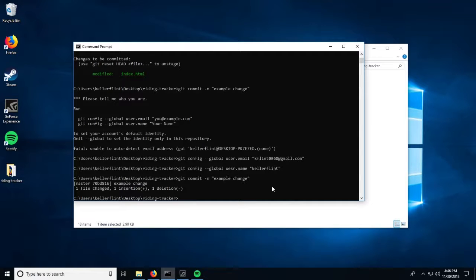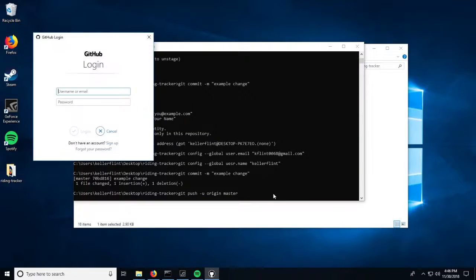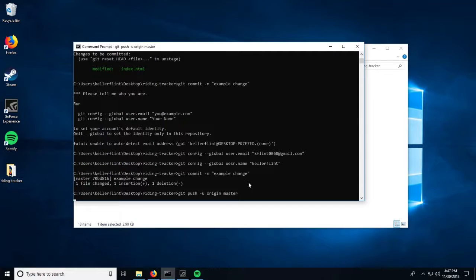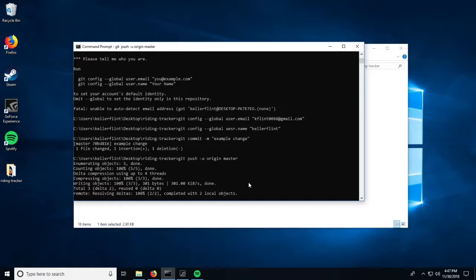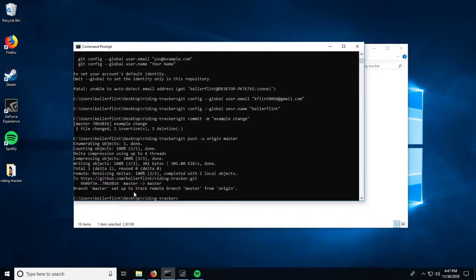And so now these are committed to your local machine, but we want to upload them to our GitHub place, so that I also have access to them. So the way you do that is you say git push -u origin master, and it'll ask you to log in. Sometimes it doesn't. And then once you log in, it will upload to the remote directory, and then it'll say changes set to master,